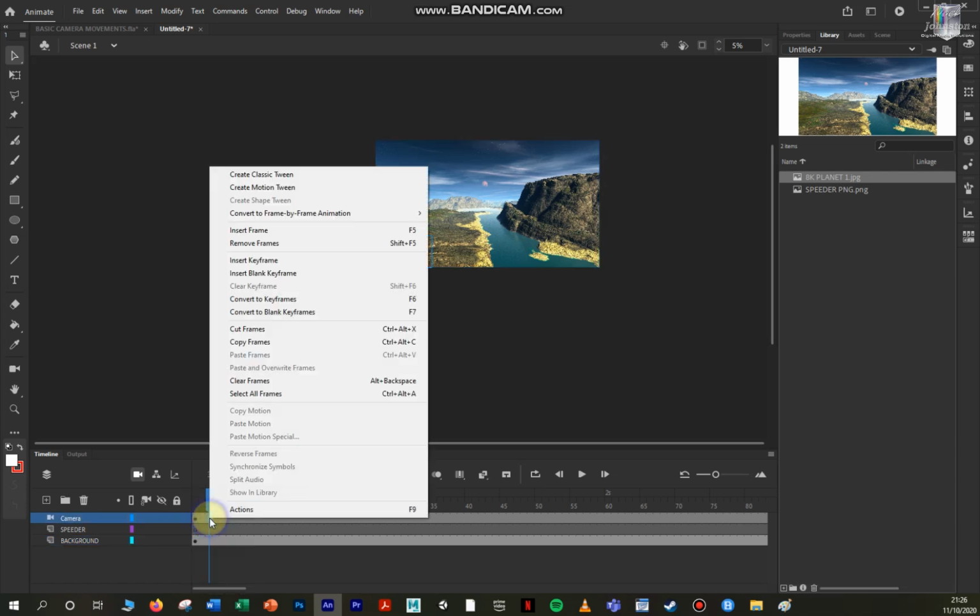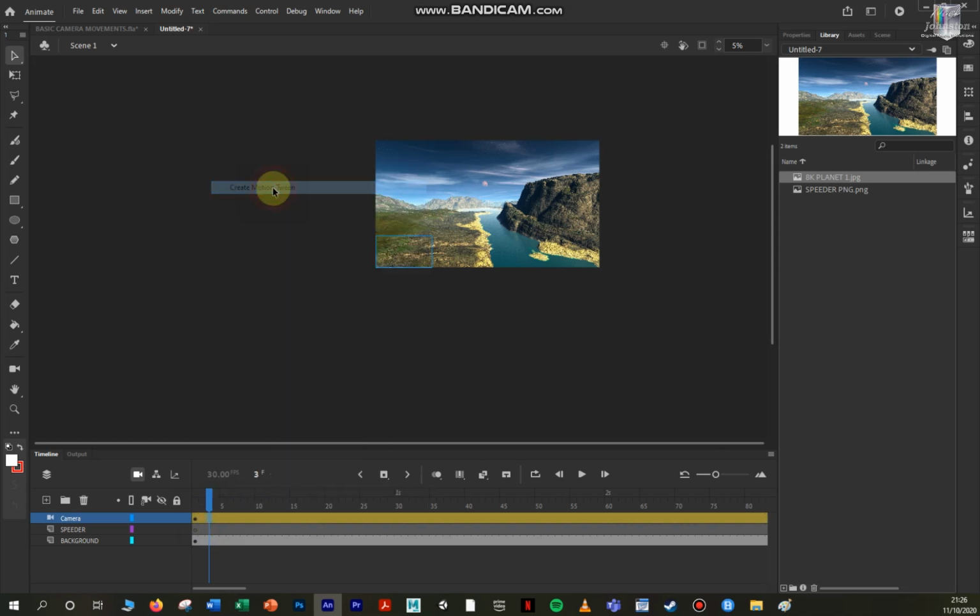So I'm going to click on the camera layer, right click and go Camera Motion Tween. I'm going to do this in seconds. So I'll go up to frame 30 and hit F6, which is our insert keyframe shortcut. For those 30 frames, that 1 second, we want it to be still, so we're not going to do anything there. But what we will do is go up to frame 90 and put in another one. We press F6, and this time what we want to do is